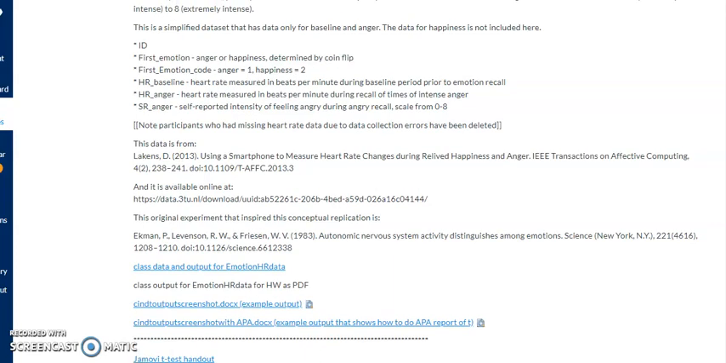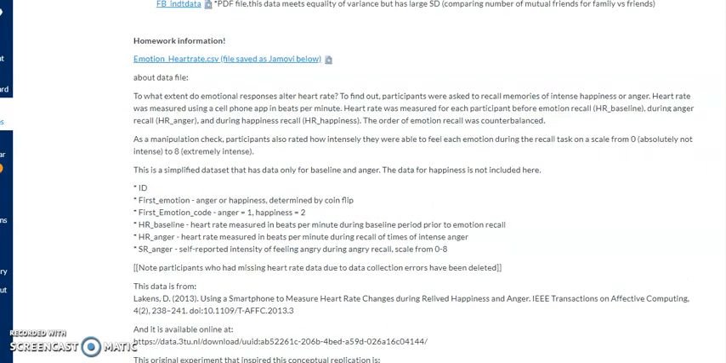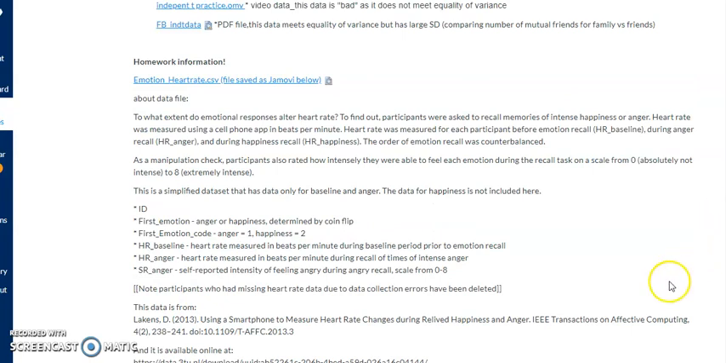And so we again are on chapter 7, and we're interested in looking at changes in heart rate with an emotional response. And so we had participants recall intensity of emotions, either happiness or anger, and their heart rate was measured in a cell phone app in beats per minute. And so the heart rate was measured before the emotional recall, so that's going to be a baseline, and then after. And the after was either during anger or during happiness, and then the order of the emotional recall was